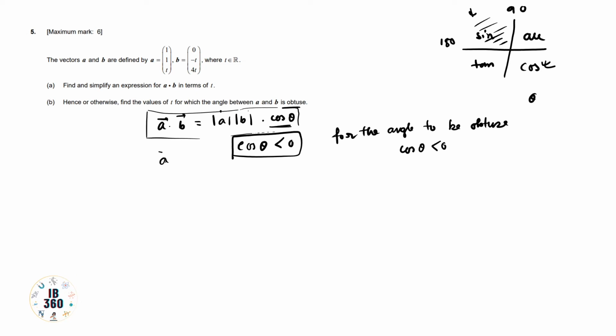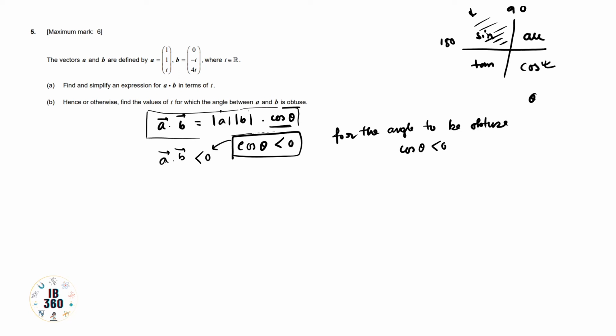That's why we can write a vector dot b vector will be less than 0 if cos theta is less than 0. So if cos theta is less than 0, the complete product will be less than 0. This is obvious, because if cos theta is less than 0 and we have taken mod of a and mod of b just to get the value, these values will be positive. That's why for the vectors a and b, the multiplication of these two vectors in dot product will be negative.